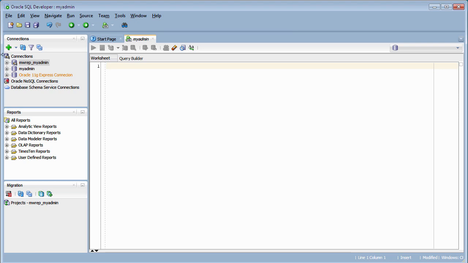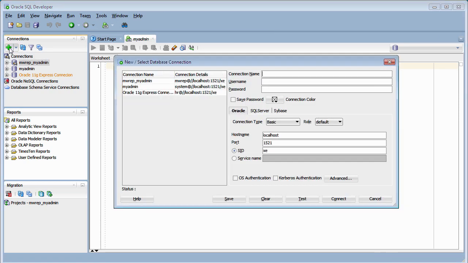Now if we try to make a new database connection by clicking on the plus sign, we should have an entry. You can see here we've got entries for SQL Server and also for Sybase. Now that we have the JDBC driver installed and an entry for the third-party database we're interested in, which is SQL Server, in the next video we are going to connect to the third-party database